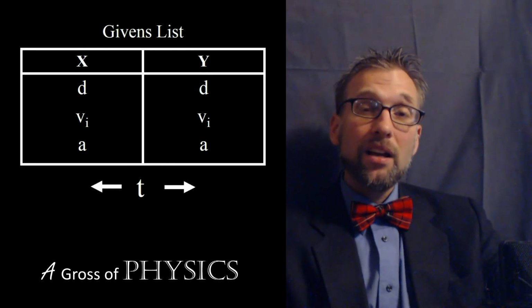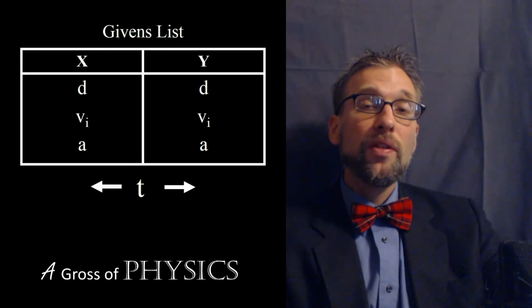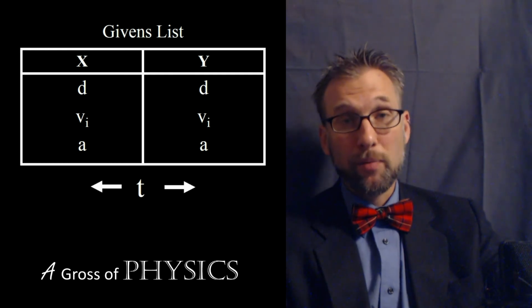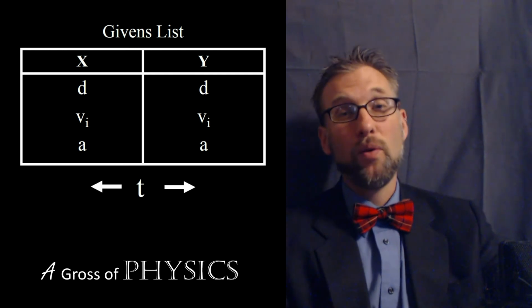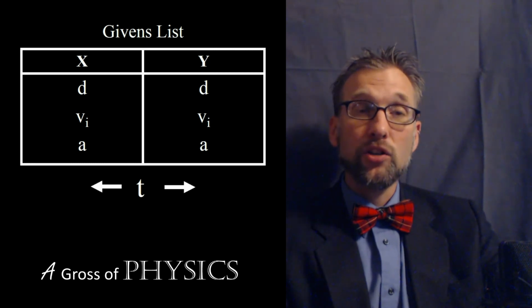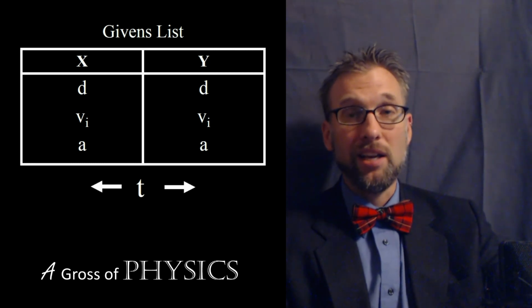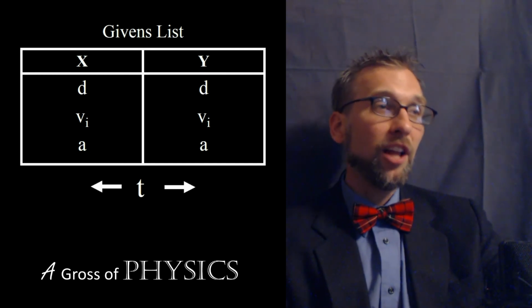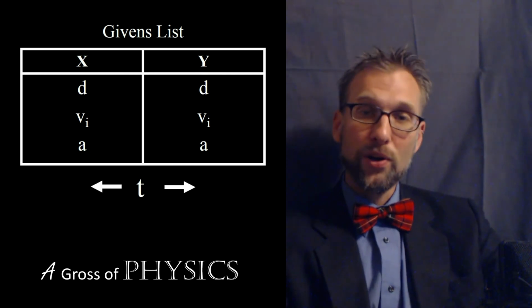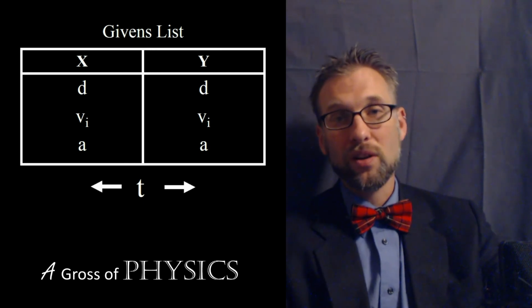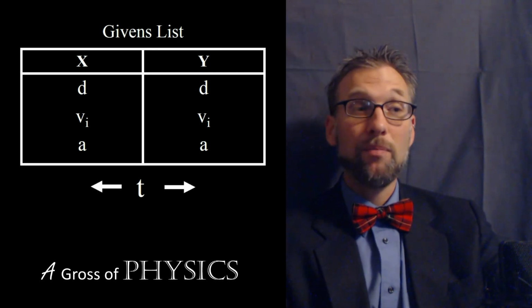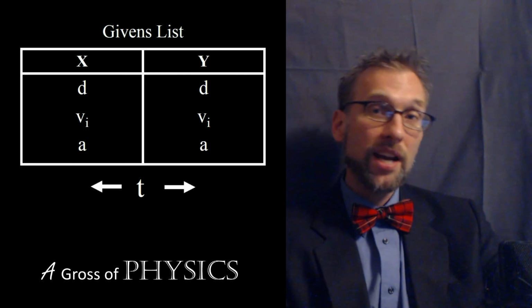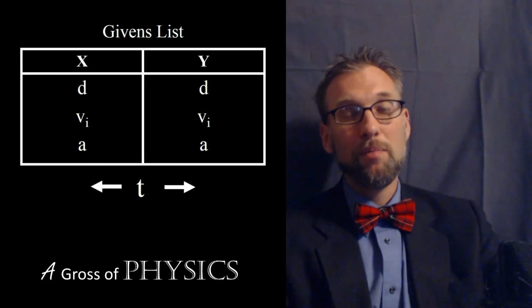That being said, the chart is the most important thing that I've found to keep our units and our variables separated. We don't want x's mixing with y's. The only variable that can jump to both sides is t. So maybe we could think of the x and y variables as an elementary school dance. All the boys are on one side of the dance, all the girls are on the other side of the dance. T might be the teacher, who is trying to get people to mingle, trying to get people to interact